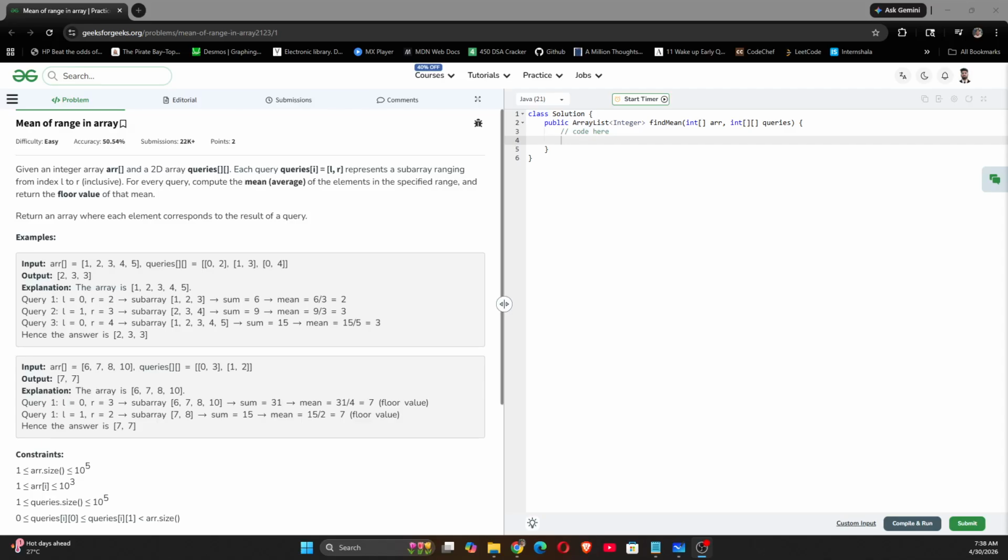Hi guys. So we have this question, mean of range in array. What we have to do basically in this question, let's read the question first. Given an integer array ARR and a 2D array queries. Each queries[i] equals [L, R] represents a subarray ranging from index L to R inclusive. For every query, compute the mean of the elements in the specified range and return the floor value of that